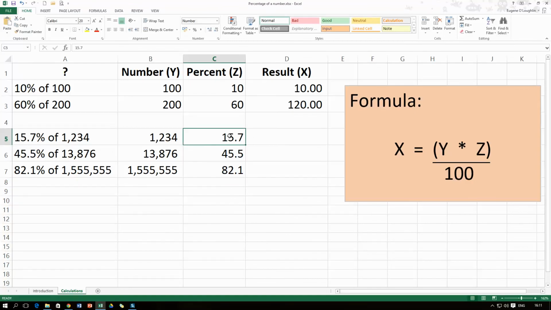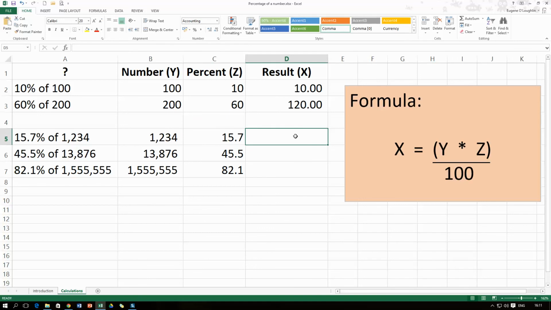So now I've got my values ready just like in the previous formula, and I'm going to do exactly the same thing again. So this time in cell D5 I'm going to type in equals, opening bracket, my value Y, which is the number I want to get the percentage of, so that's going to be cell B5 in this case, multiply that by the percent that I'm looking for, so that's the value in C5, 15.7 in this case, closing bracket, and divide it by, once again, 100. And press enter, and I get a value of